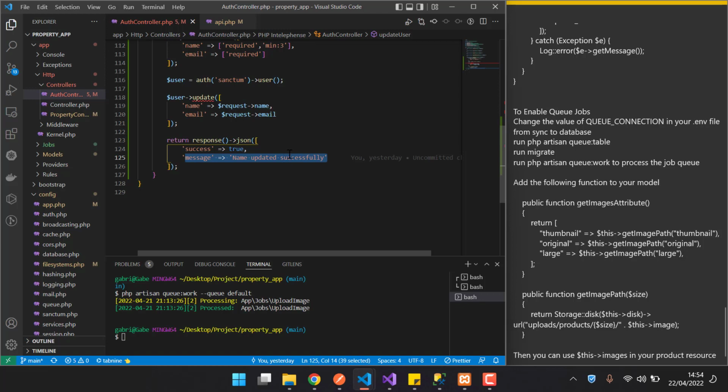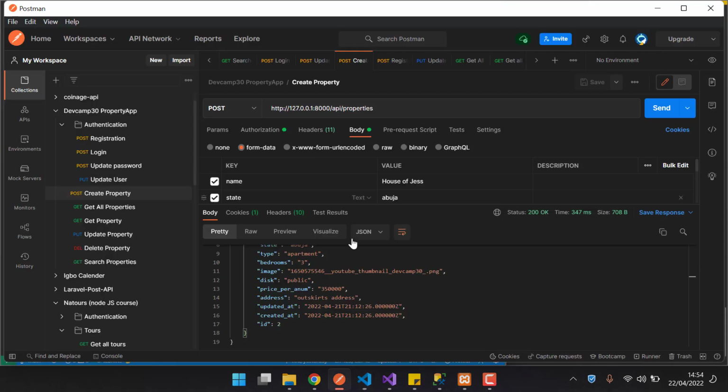So in order to complete what we started, we have to display on Postman the links to the said pictures that we uploaded into our database. Right now what we are getting is just the image name, but we want to include the links to the several sizes, and that's what we'll be working on in this